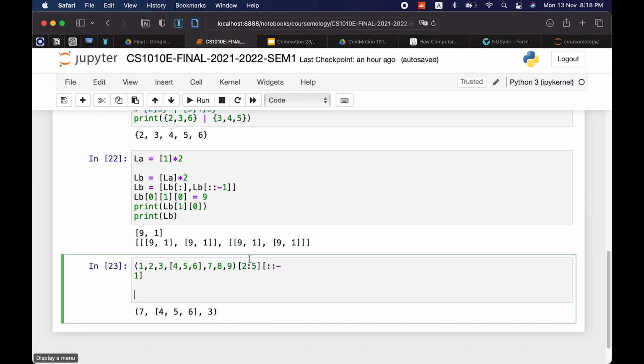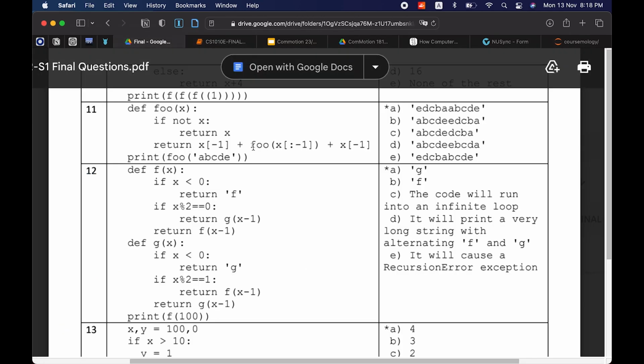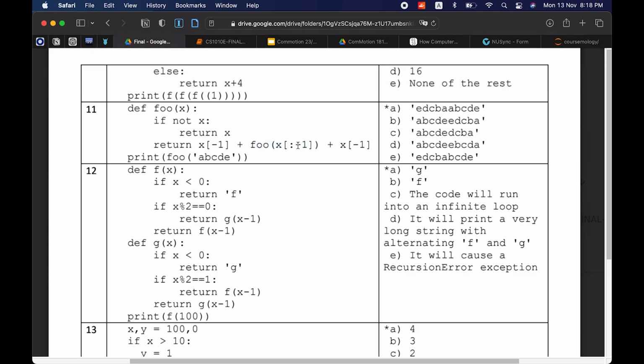So it will be something like 1, 2, 3, 4, 3, 2, 1. It should be something like that. Where this one will be reversing each iteration.